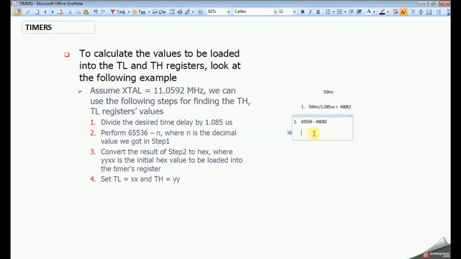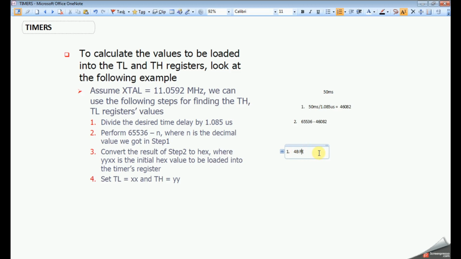Just copy this. So we got one value, that is 4B FE. This is in the format of YYXX.